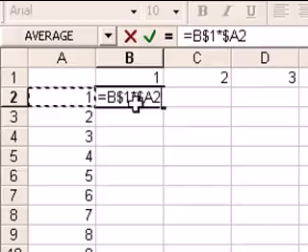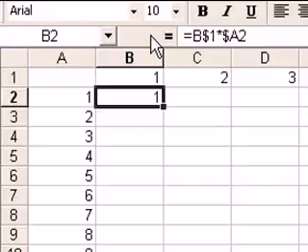That's the only calculation, or the only formula you will need to create for this little example. So what I'm going to do here is click on the little tick there, and we're done. And Excel is telling me that 1 times 1 is 1, which I'm not going to argue with. Looks okay to me. Now the next part is obviously to populate the rest of this table, and to do